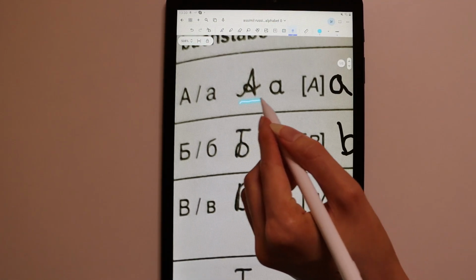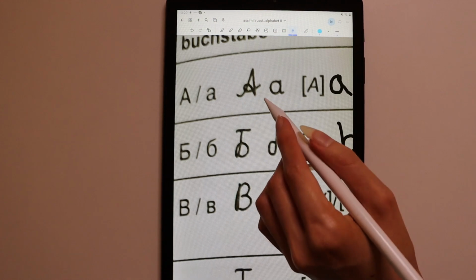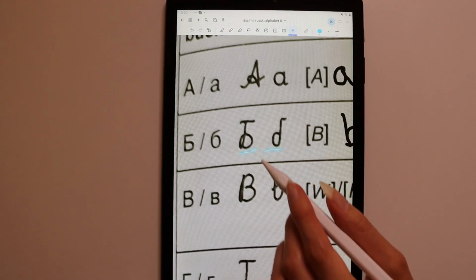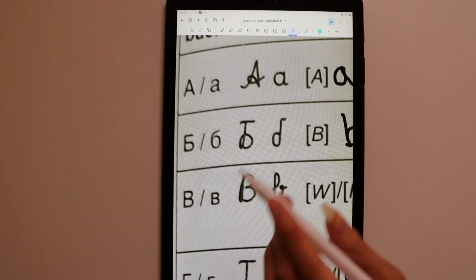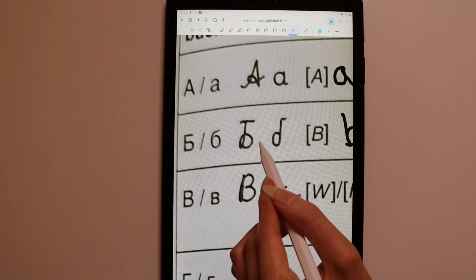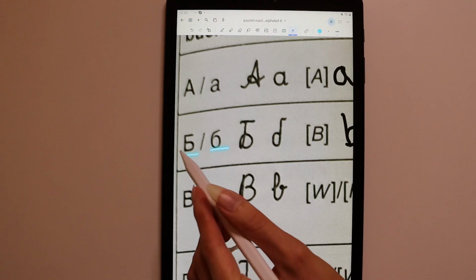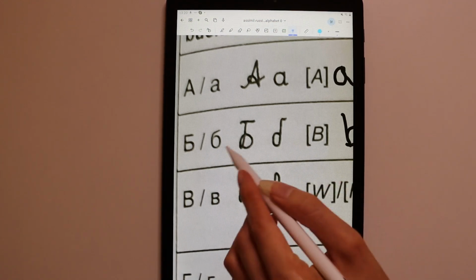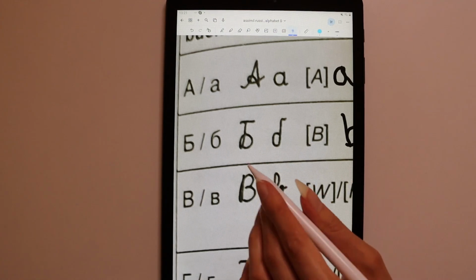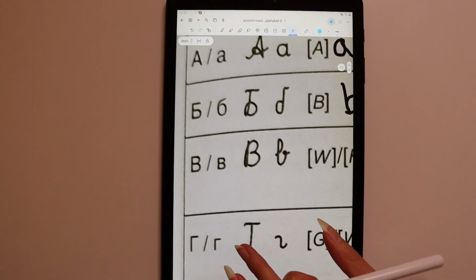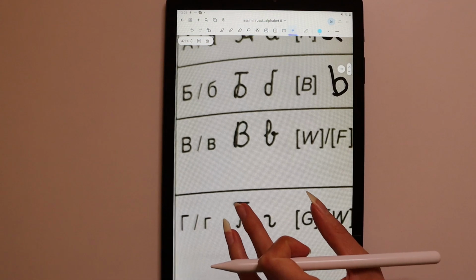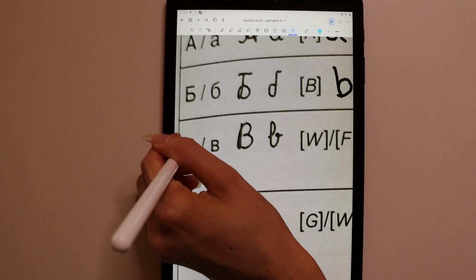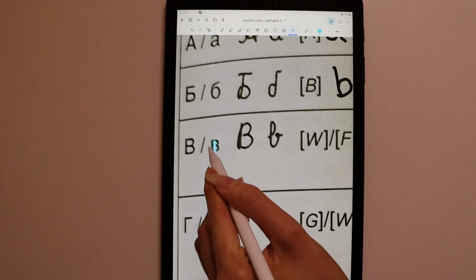These two look exactly like the cursive letters in the Latin alphabet, but these two aren't letters that you will have in the Latin cursive alphabet, but they look really similar to the block letters, so I think you can recognize them if something is written in the cursive font. So this is B. Now we have V, and V is written like a B,